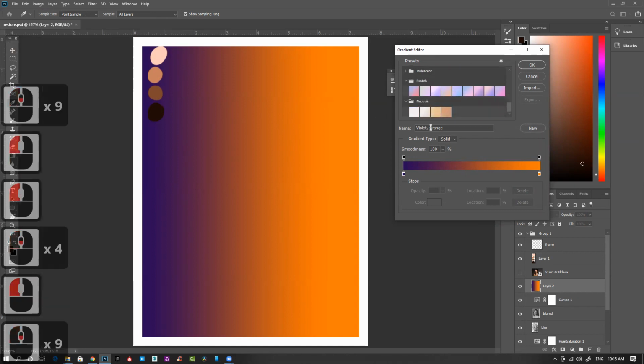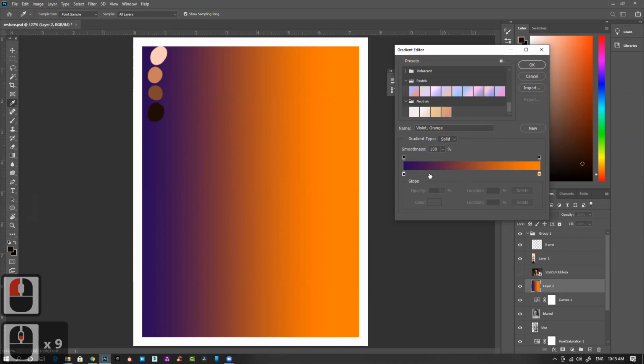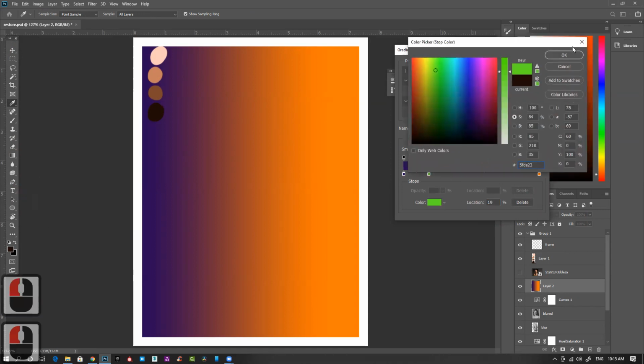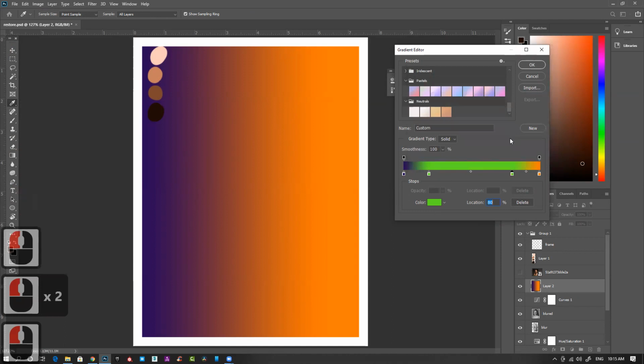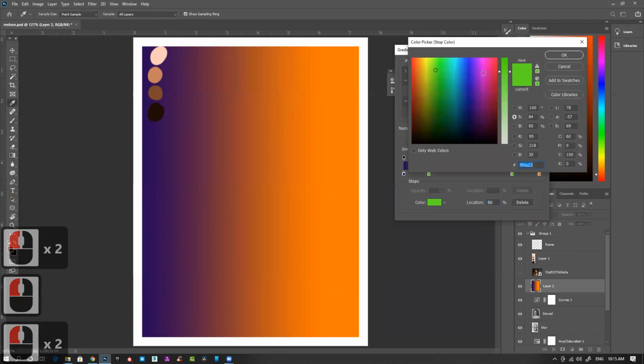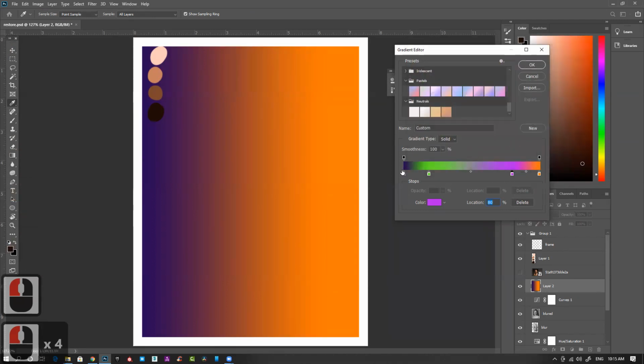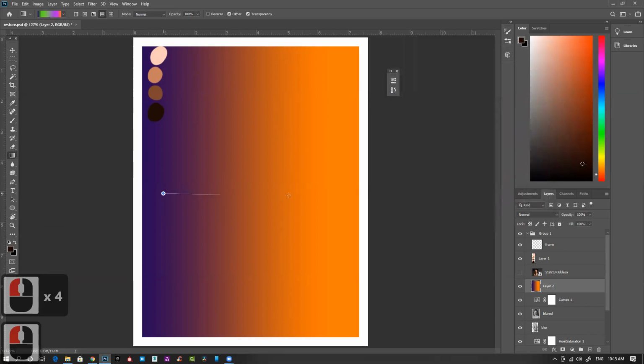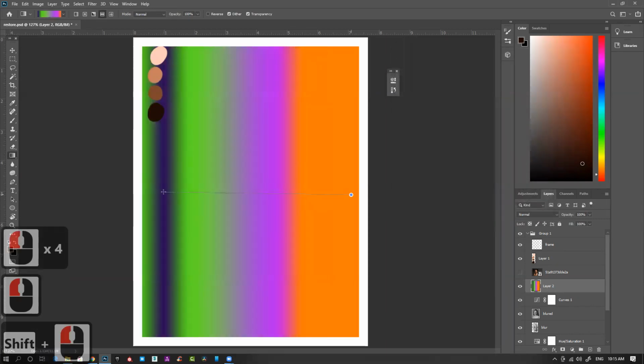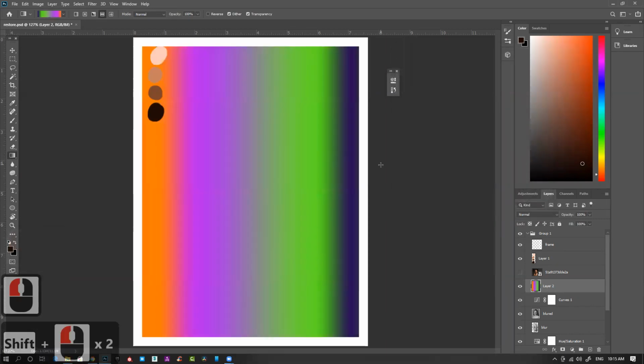Pastel, natural, there are so many presets. If I want to modify things, I can just click here. Downside is for color. Upside is for transparency. Click it, change it to yellow, green, or whatever I want. So I can change the entire gradient and apply it once again. It's basically a color gradient.